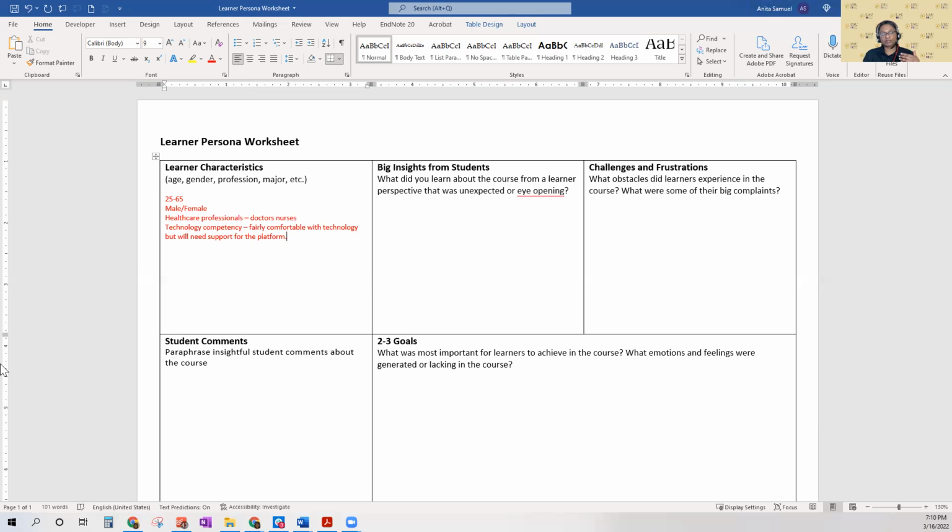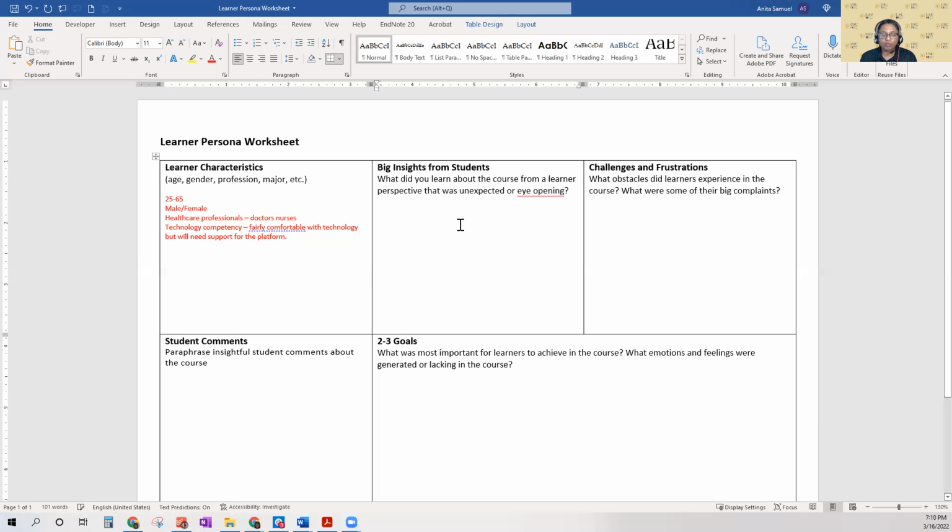When I make a note that they will need support for the platform, when I'm designing my module, I'm going to make sure that there are help resources available for that. Okay, now if you want, you can also add comments about language proficiency. It completely depends on who your group is, who your learner is.